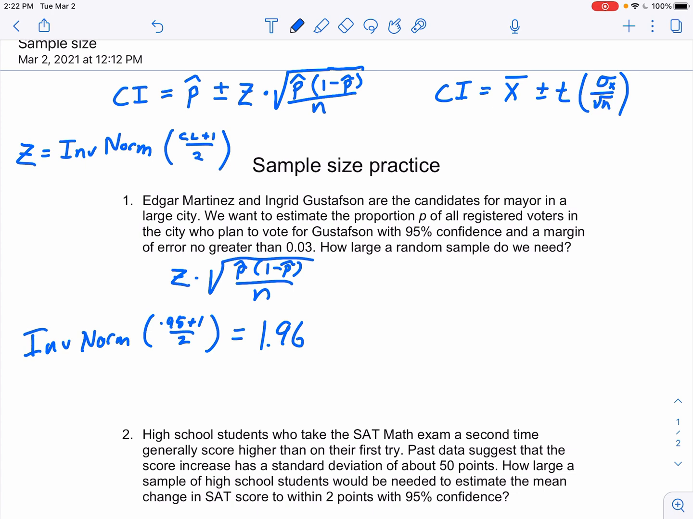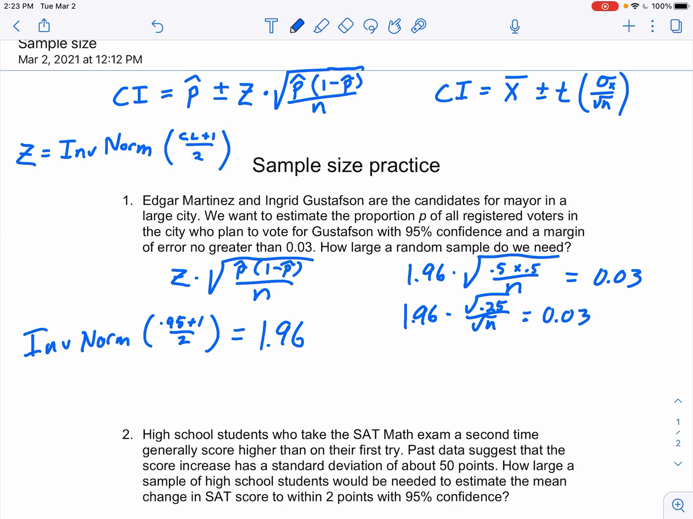Okay, so let's take those numbers into here. So we have our Z, which is 1.96, times the square root of 0.5 times 0.5 over n equals 0.03. Okay, so we're going to solve for n here. And here's what I like to do. There's several ways to solve for this. 1.96 times the square root of 0.25, right, over the square root of n, so I divided up the square root there, equals 0.03,